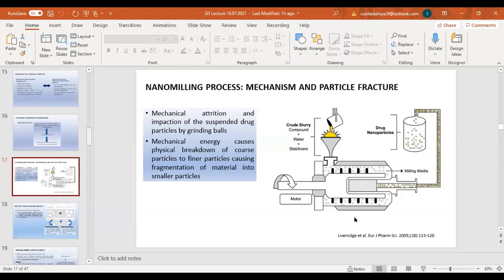So there are coolants available in the mills, which will always keep the temperature minimum so that the thermolabile substances will not be affected and you can process. So that limitation can also be overcome by using a different type of milling design. So ultimately, you will have drug nanoparticles. What you get here is the nano suspension because you have used liquid here, right? So you will get the nano suspension, and that nano suspension, if required, can be further used for the solidification by spray drying or freeze drying.